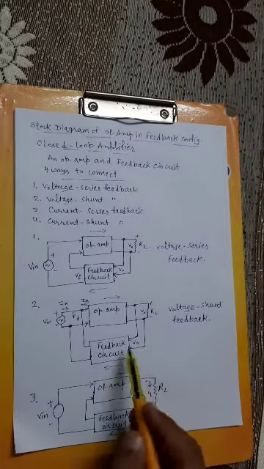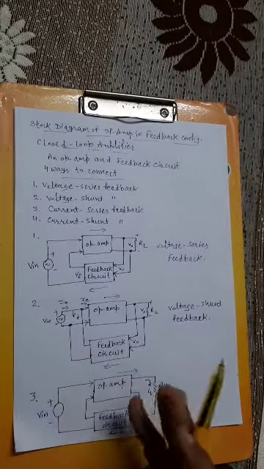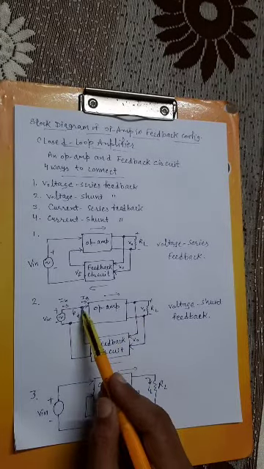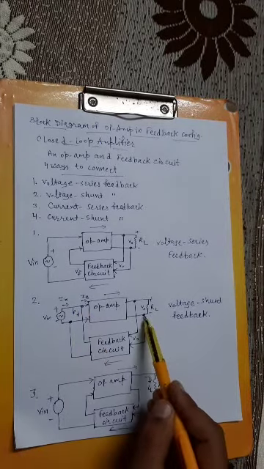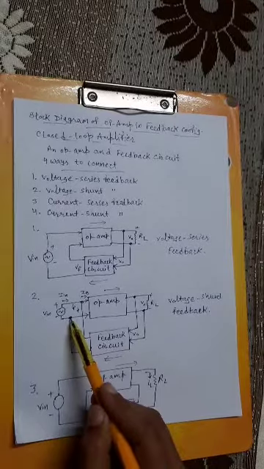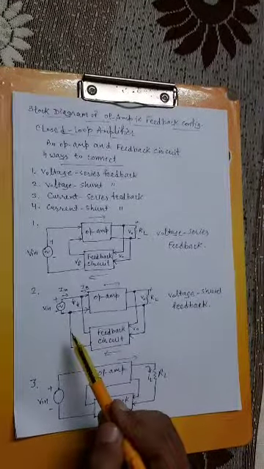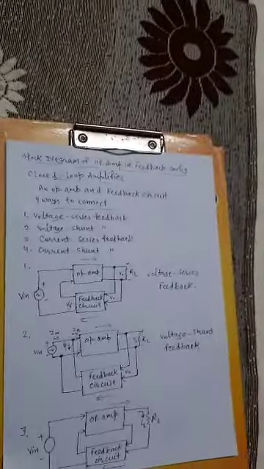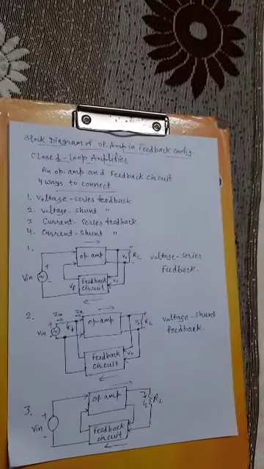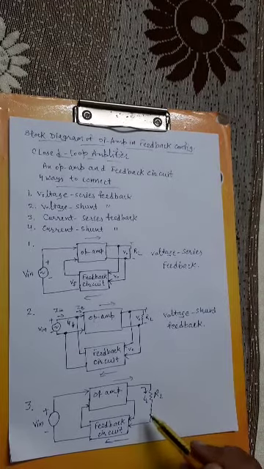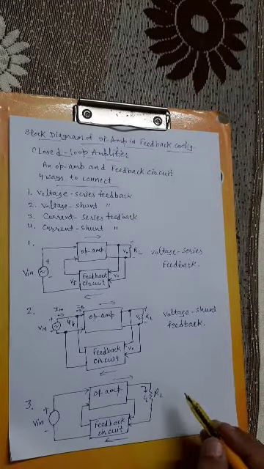Now in this feedback circuit, as you can see the connections, the plus side of this output voltage is connected to the plus side of this input voltage, and the minus side of this output voltage is connected to the minus side of this input voltage. So this is the shunt connection, or you can say the parallel connection of the input voltage. Okay, and the next block diagram representation is for the